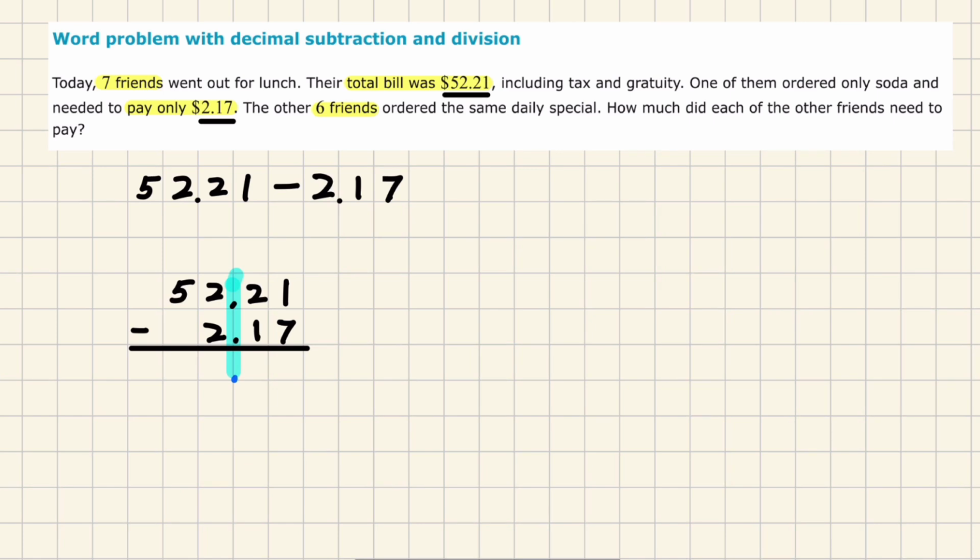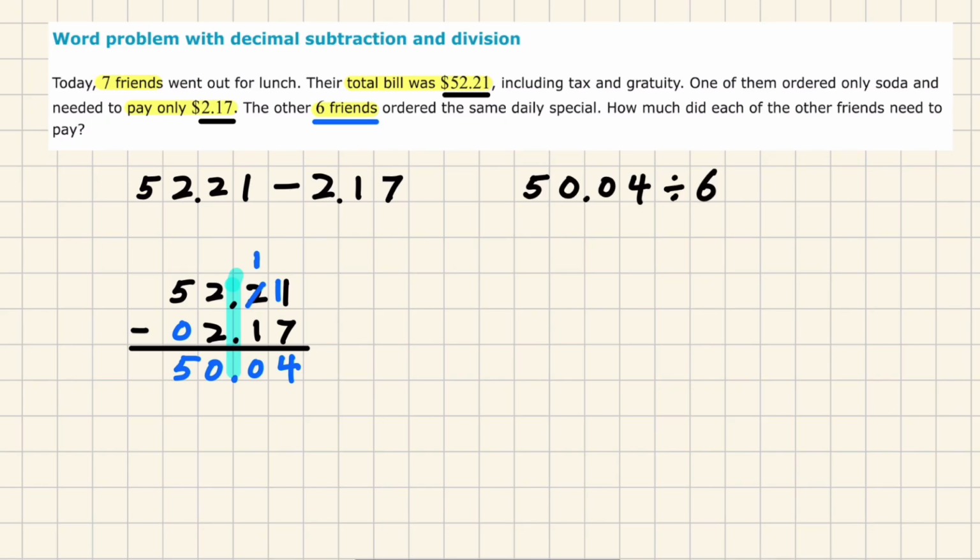Starting on the right, 1 minus 7, we would need to borrow. 11 minus 7 is 4. 1 minus 1, 0. 2 minus 2, 0. And 5 minus 0, a 5. So $50.04 is what the other 6 friends have to split, meaning we would take that 50.04 and divide it